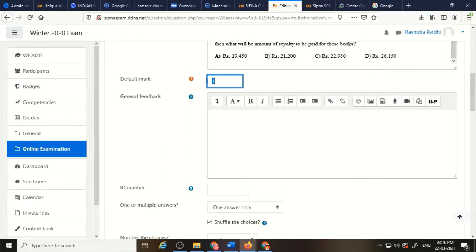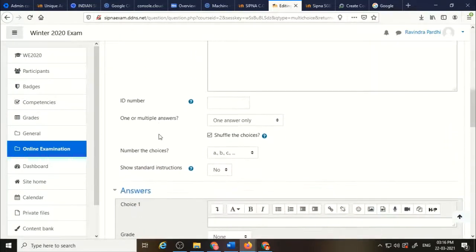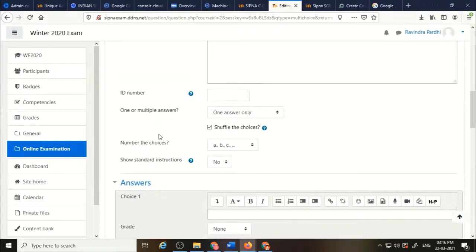Then below question text there is default marks, so we make it 2. Then under one or multiple answers, only one answer. Then below it, untick the shuffle the choices checkbox, because we don't want to shuffle the choices in this case. Then number the choices.